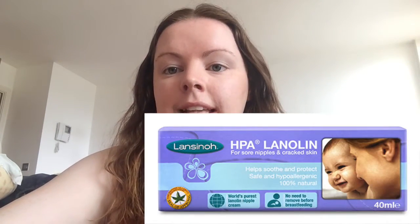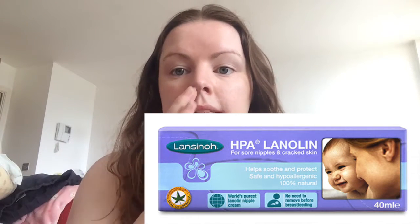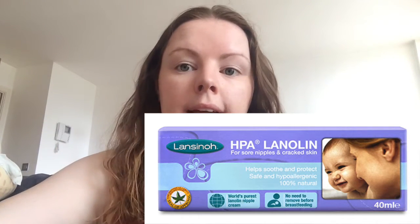So breast pads, lanolin cream, Lansinoh cream. Oh, I can't pronounce it, but anyways, I'll put a picture of it. At the very start, when I started pumping, as with breastfeeding, your nipples get extremely tender, sore, crack, they get dry, and for me with the pumping, they got extremely dry and they started to kind of crack. But I was lobbing on this Lansinoh cream, and I also put on